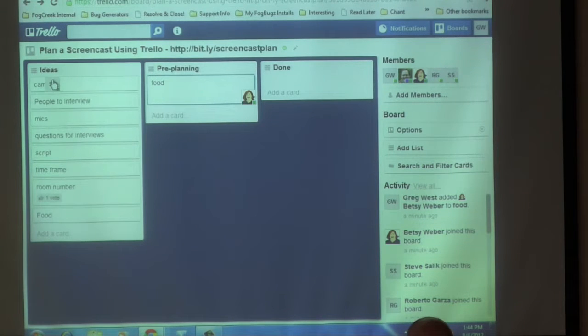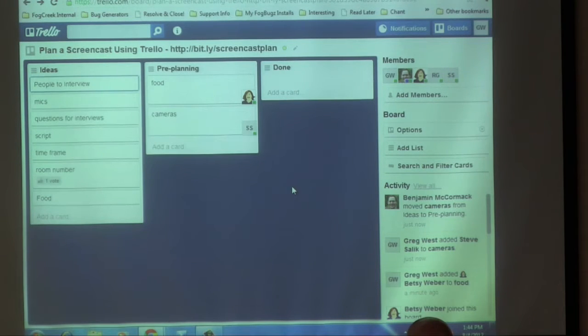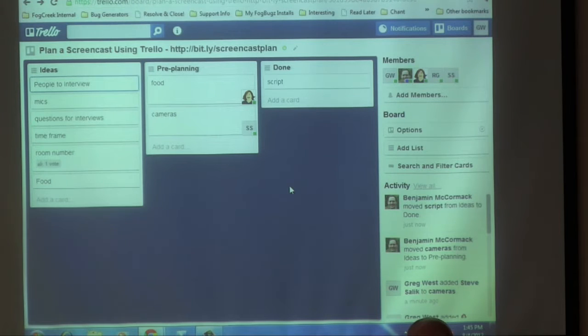So drag him on top of cameras, and we definitely want cameras to be in pre-planning. So I'll go ahead and move that over. And then writing the script. That's going to be a good bit of work. So we'll actually do that in Trello. So I'm just going to put script as its own list. And it doesn't have to stay that way. But let's say that's something that,